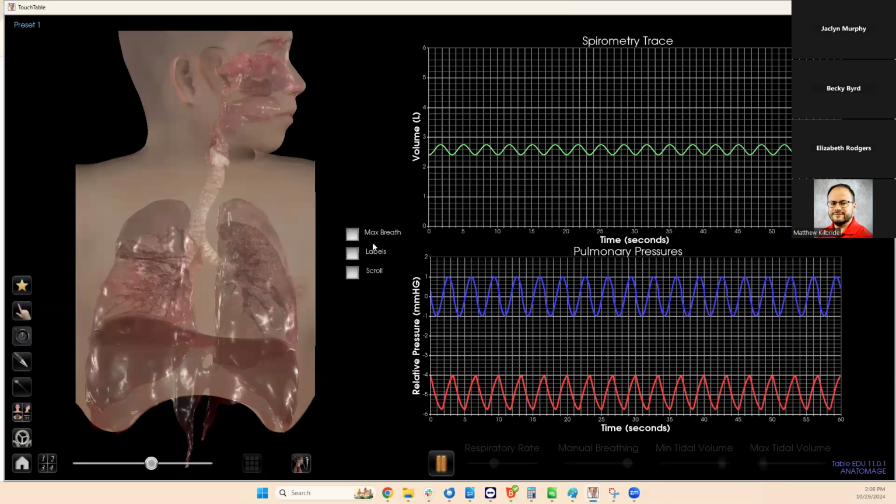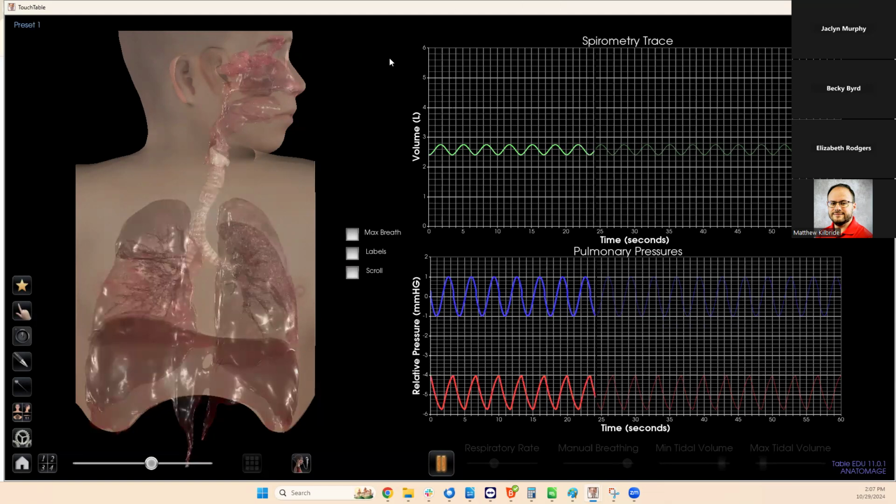So you see when I turn on this scan here, I have this transparent view set up of the lungs. You also notice, similar to if you've ever used our cardiovascular tubes, this path of the flow, mimicking inhalation and exhalation. You might notice the lungs inflating and deflating slightly. And there's a couple other controls here, but just to talk about what you see on the right side with these two graphs here,